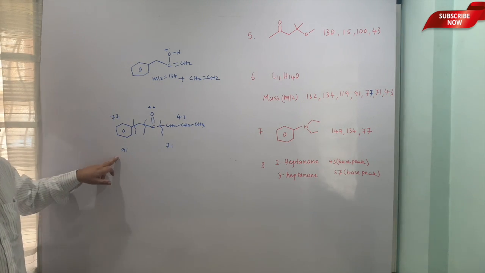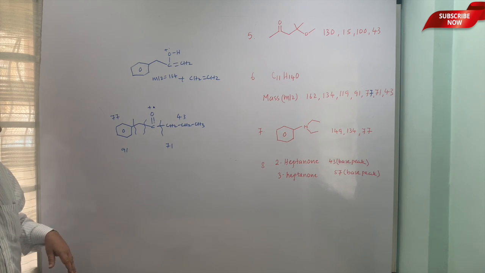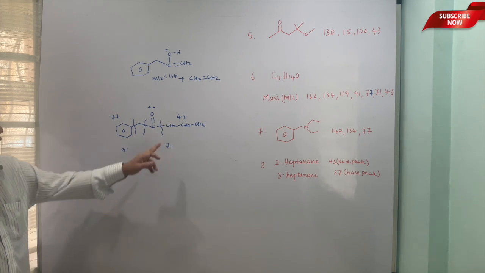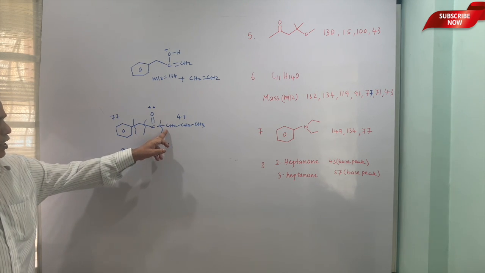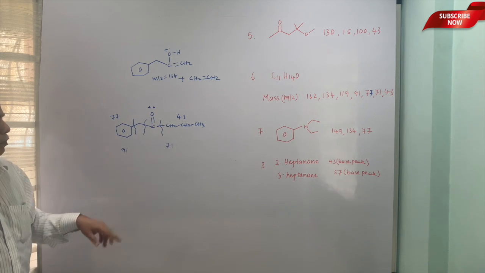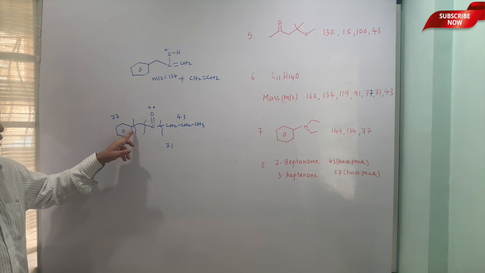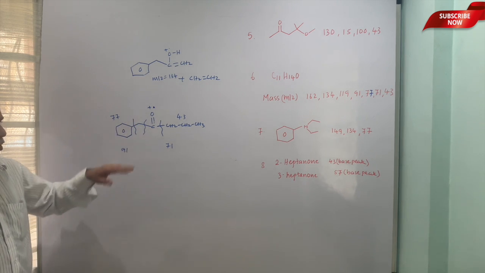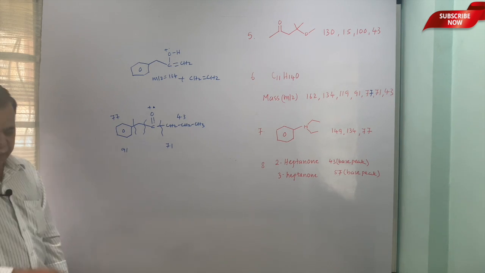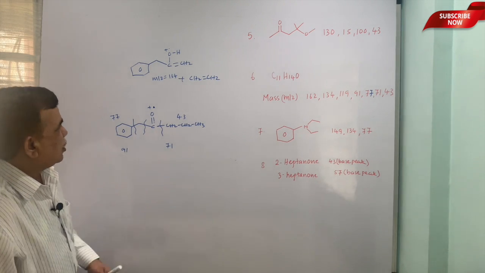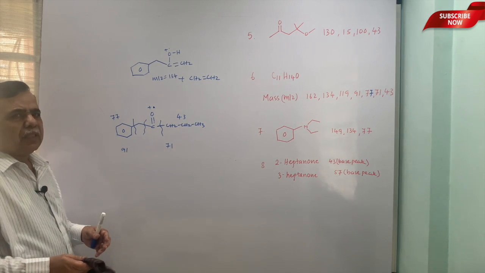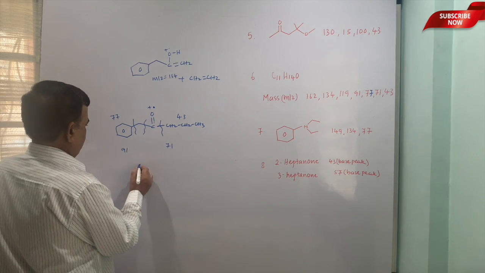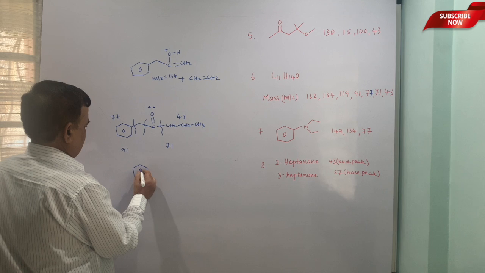Only thing is 91 should carry a positive charge, that is tropylium ion, that is heterolytic cleavage of this benzylic bond. Here once again it is heterolytic cleavage of the alpha bond. This is also heterolytic cleavage of this benzene ring and this carbon bond, and so on. So, you can always explain these kind of observations, and of course, you have to take care of the atomic masses. So, here I will just quickly show how those peaks are represented.